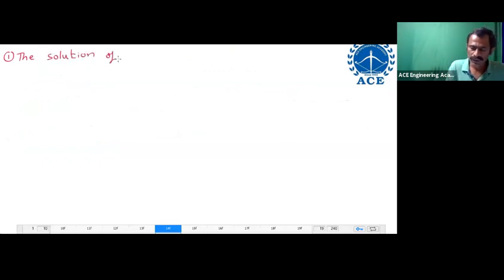The solution of the differential equation x square into dy by dx plus 2xy minus x plus 1 equal to 0 is